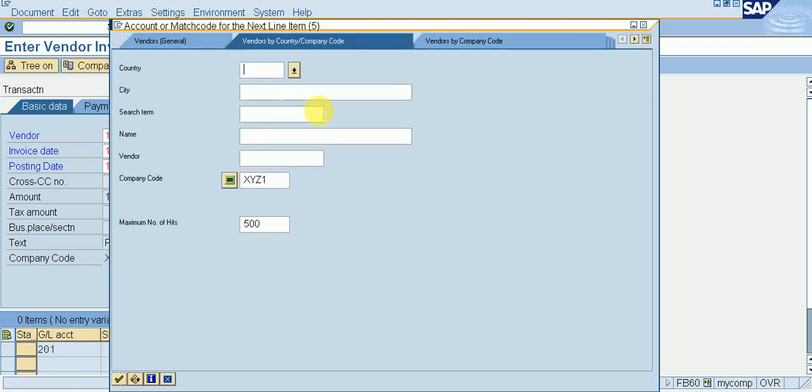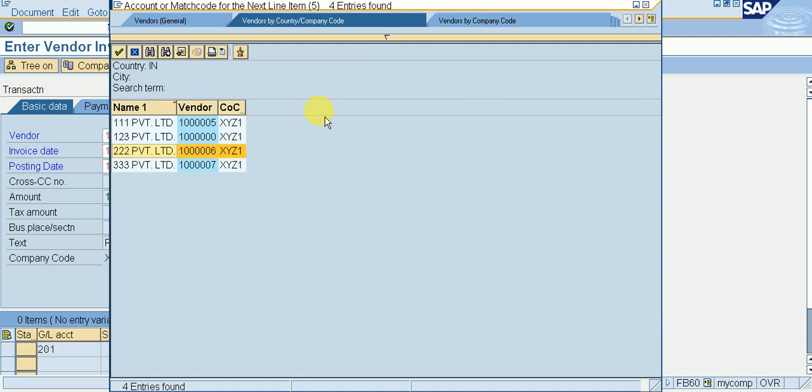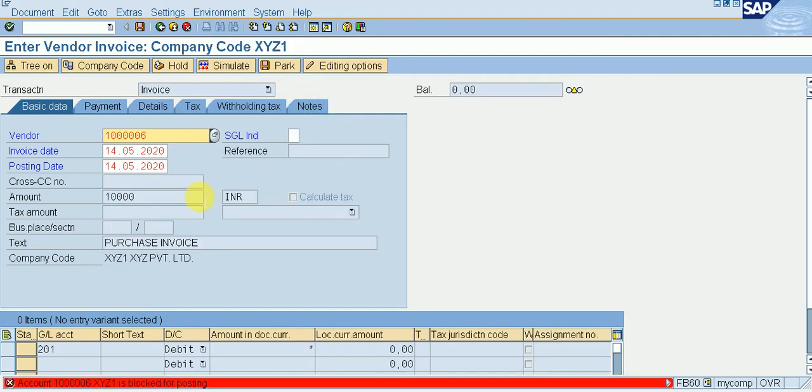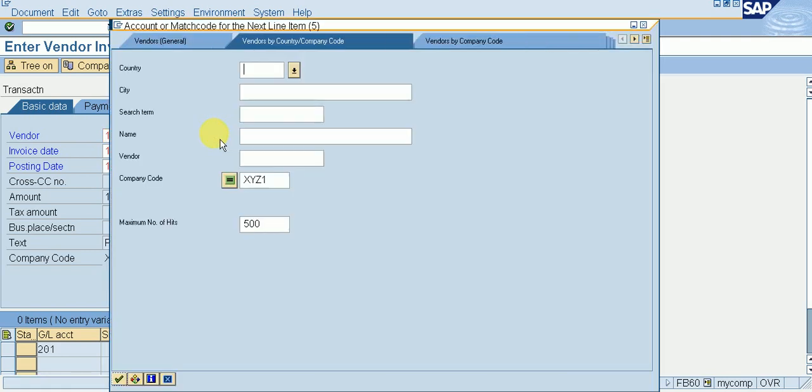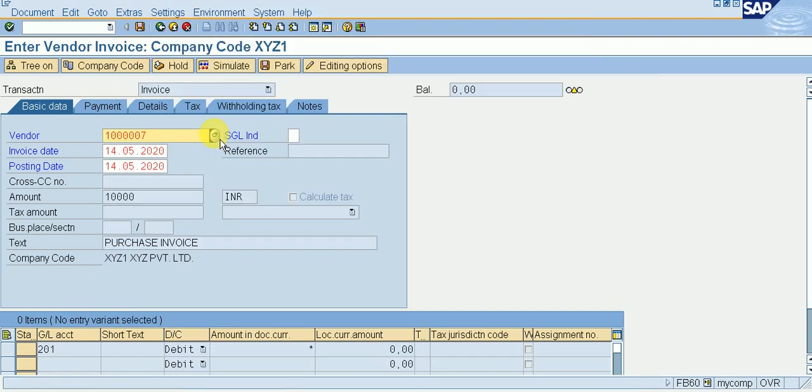For another company 222, again this one is also blocked. 333, this one is also blocked, we can see. So this is how we can block multiple vendors in a single process. Okay,